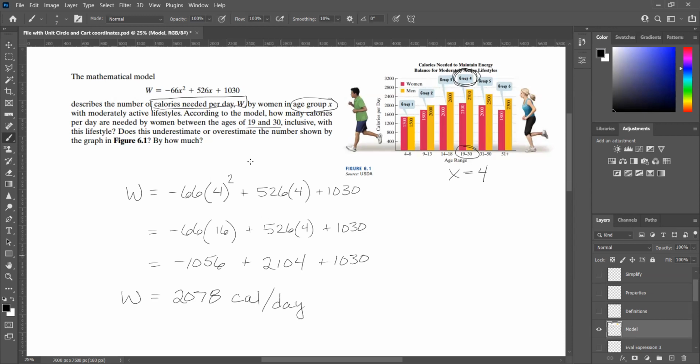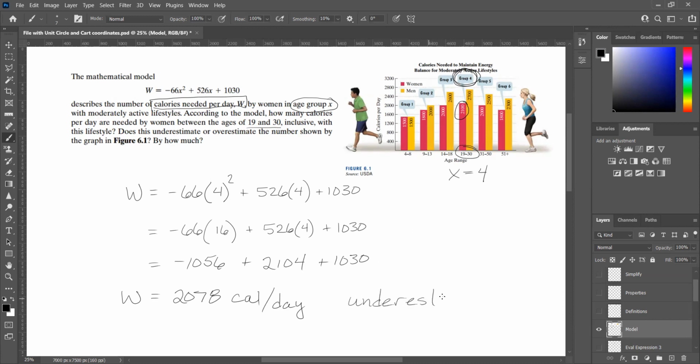And now they ask us at the end, does this underestimate or overestimate the number on the graph? So we come back to the graph, the yellow are the women, remember? And it says on the graph, they need 2,100. And I'm a little below that with this model. It's really close. It's only a difference of 22 calories, but it is slightly different. So underestimate